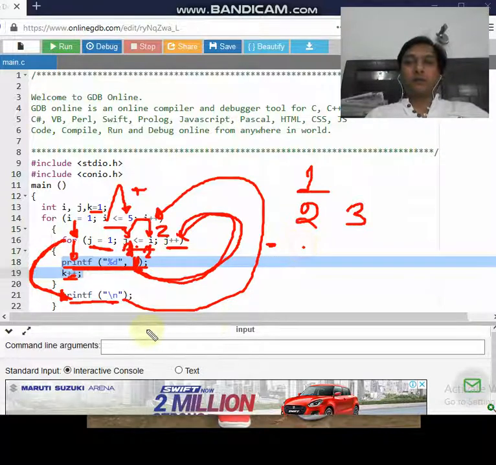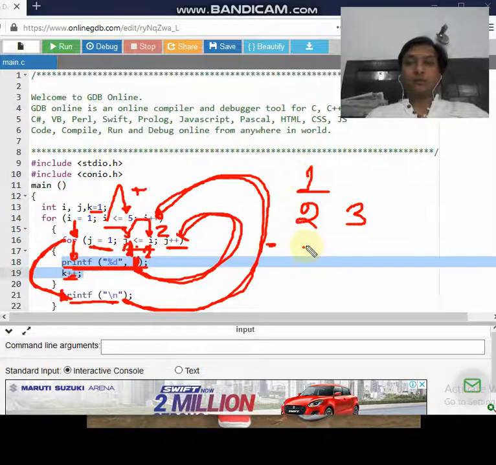Then control goes back to the outer for loop and increments the value of i. This process continues till the value of i becomes 5, so for 5 lines this pattern gets printed.